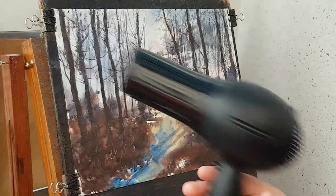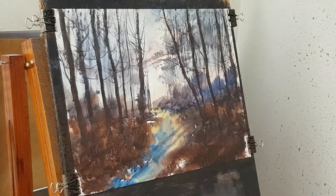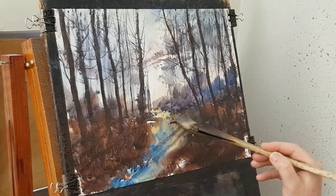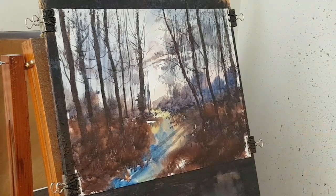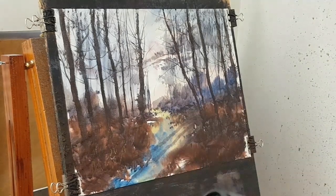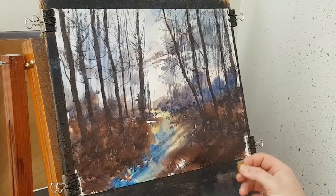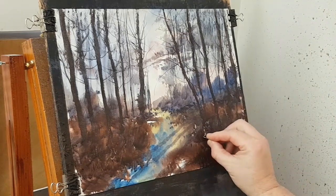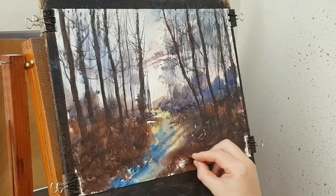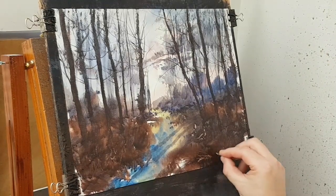Give that a quick dry. Actually, can I get a few more shadows in without going completely over the top? Oh, I'm going to stop there now. I'm wondering if I can just scrape a few little stones and things in. Or even just